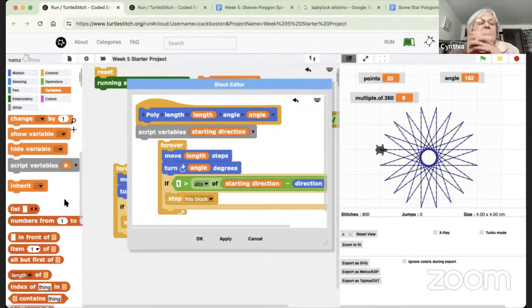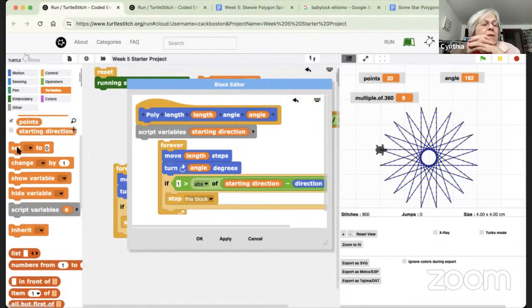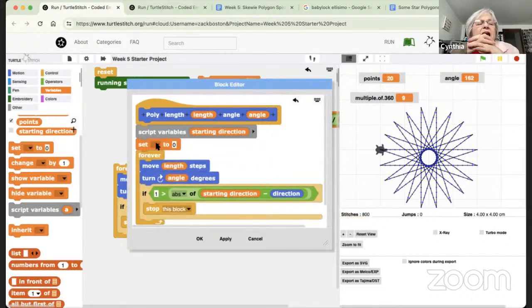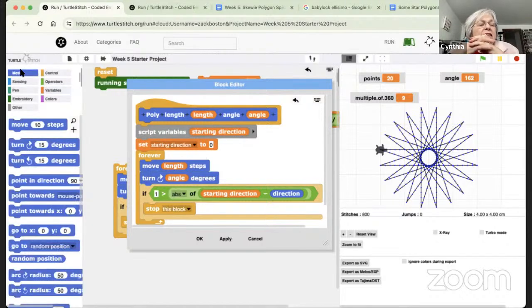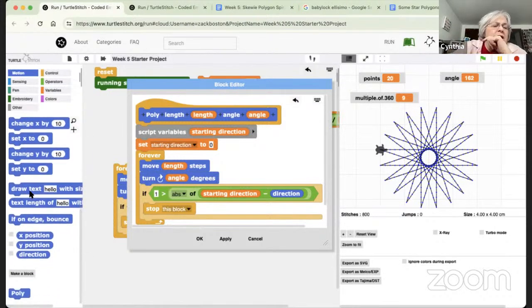And then we're going to set it, pull out the set command and put it under script variables and put forever under it. No, put connect. Yeah, exactly. And we're going to set this starting direction to direction. And so we have to go to motion and scroll down. And you see direction is just before, yeah, pull that out and stick that in instead of